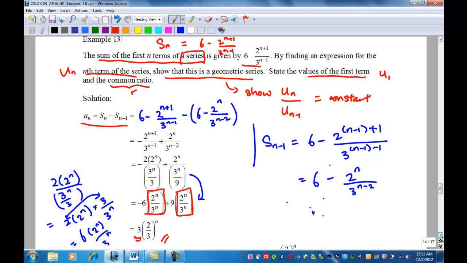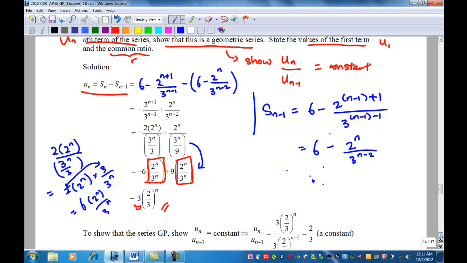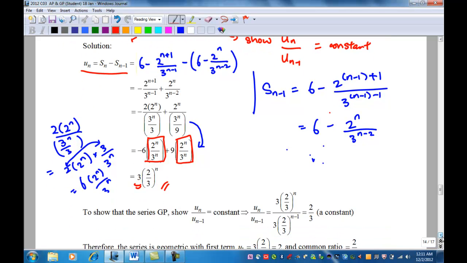Now, if this is the nth term, we need the n minus 1 term to prove the GP. For the n minus 1 term, we know we replace n by n minus 1. Therefore, the n minus 1 term will have to be this. Can you see? So when we simplify the result of the nth term dividing by the n minus 1 term, which is what we are having over here,